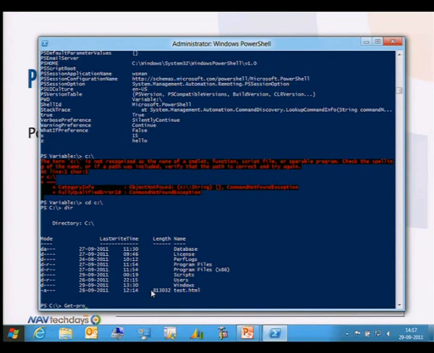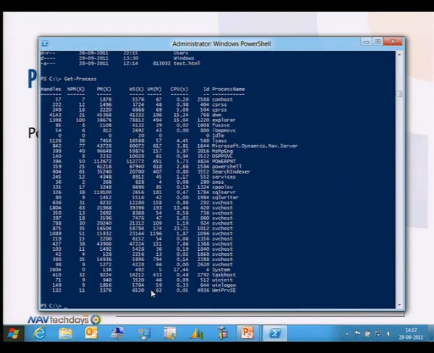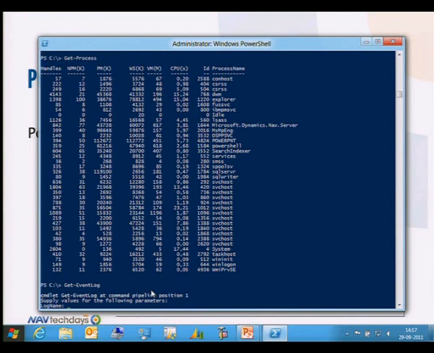I'll just try my luck saying process. Yeah, these are the processes actually running here. I can do Get-EventLog. Oh, it needs a log name. That's because we have all the different default logs: the Windows log, security, application, system. We have a lot of stuff. So if I type application,